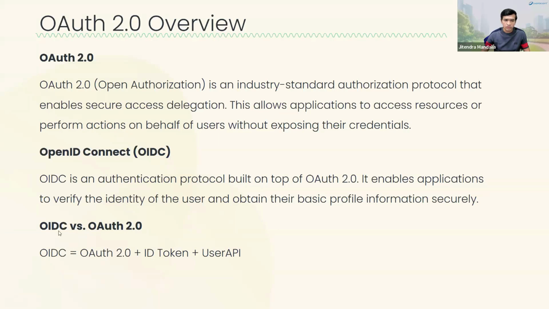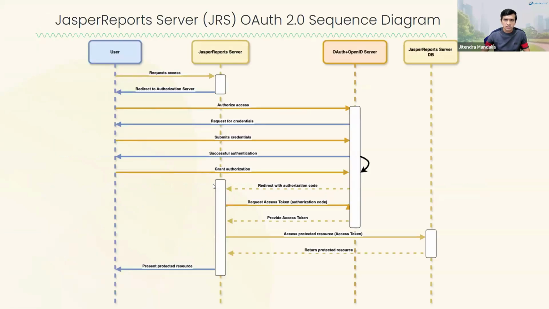In short, what is OIDC versus OAuth 2.0? OIDC is equal to OAuth 2.0 plus ID token plus user API. That's in short what OIDC is. Now, this is where we are talking about the OAuth 2.0 sequence diagram when a user is trying to access Jasper Report